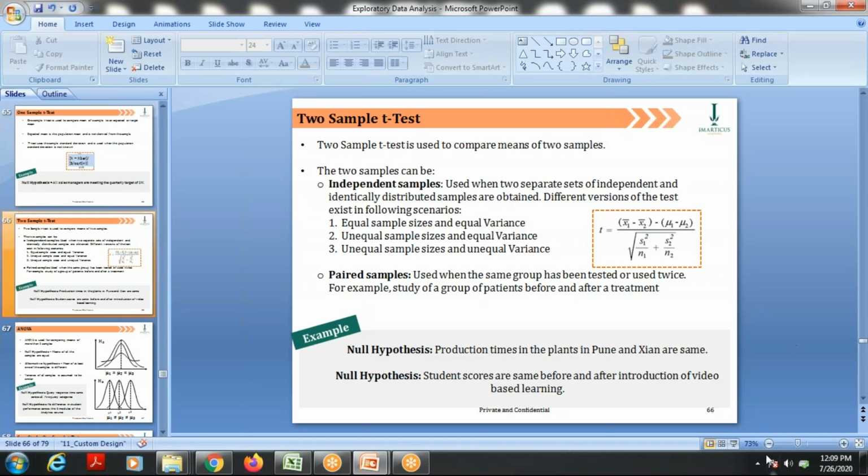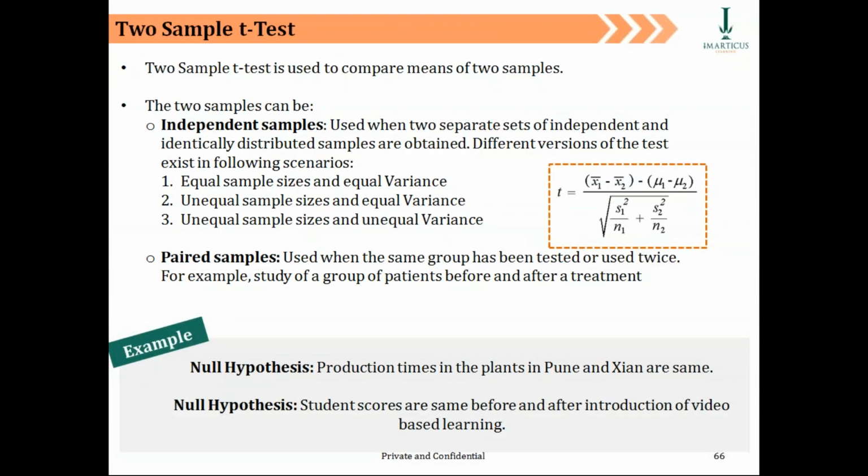Now, coming to the two sample t-test. You remember I explained that if you have two samples, let's say people staying in Bangalore and people staying in Delhi, how is their salary? Are they getting a similar salary or is their salary not the same? The way we calculated for one sample, now here it is given for two samples,